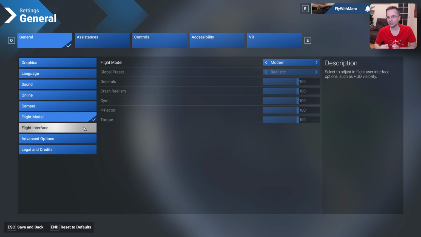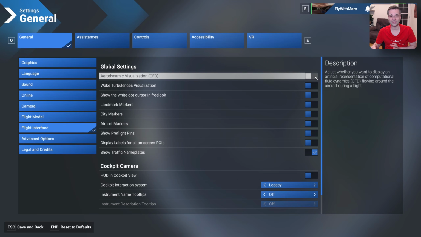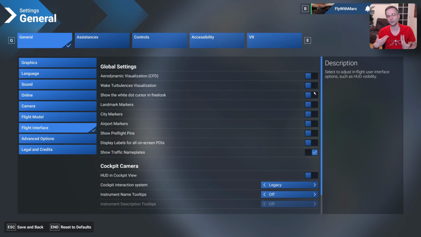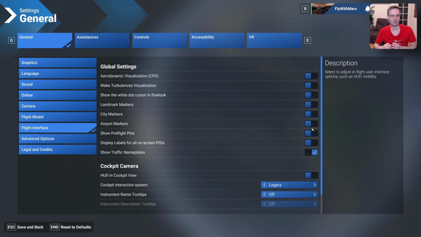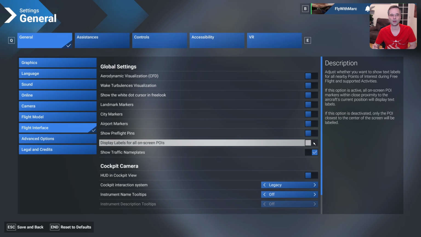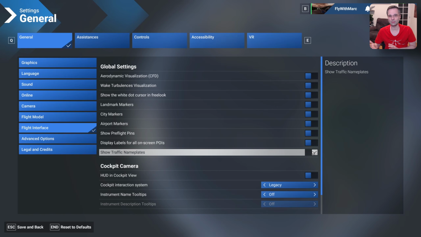As for the flight interface options, I've got all of the settings off here, which helps to make the world look more natural since there won't be all sorts of pins and visualizations on screen. The only time the markers can be useful to turn back on is if you're doing a mission that requires you to overfly a specific point of interest, but otherwise I just keep them all off. The nameplates option is really for when you're doing multiplayer, and it shows a nameplate with the gamer tag of other people in the area, and it makes it really easy to keep track of where your friends are